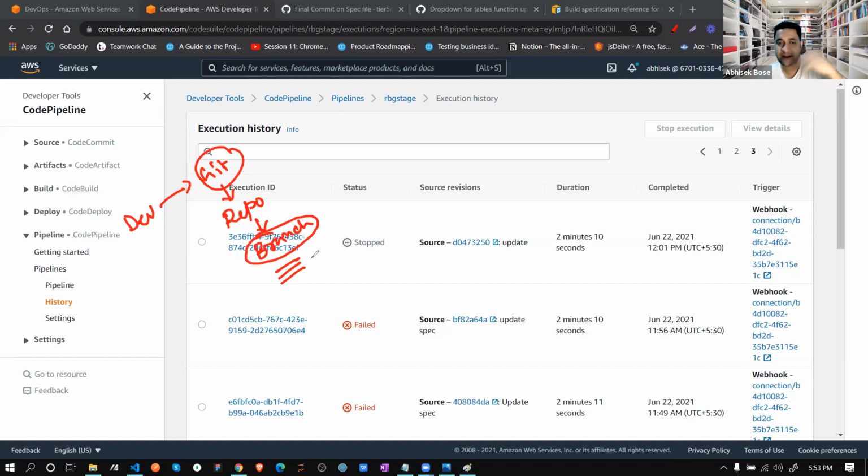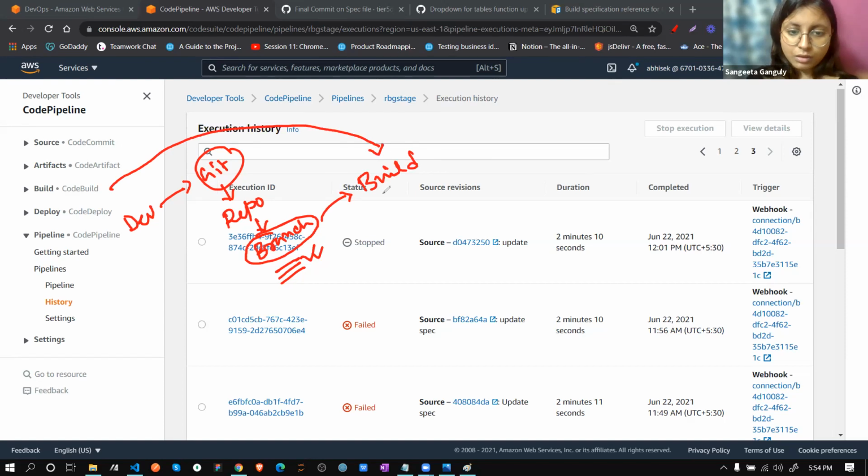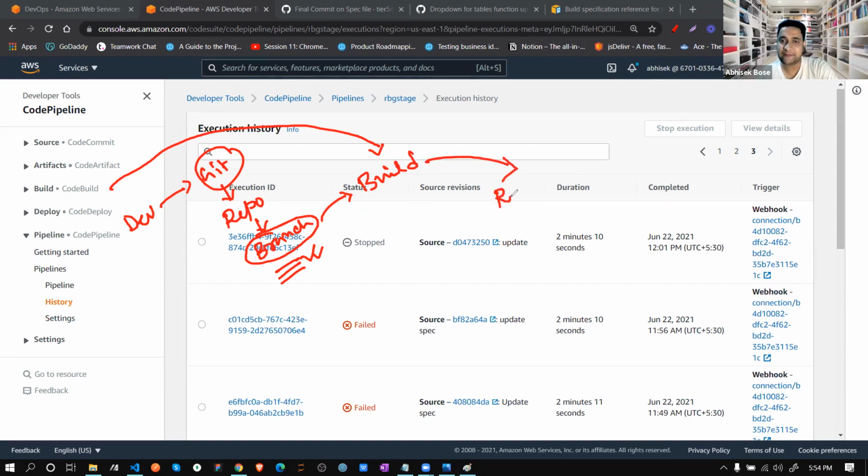Now, if in that branch anything changed, any line changed or updated, that's why you created that connection with your GitHub, correct? It asks you what your source is, so you connected. Now AWS is continuously watching this branch to see whether anything has changed or not. If anything changed, it automatically starts this build step, this CodeBuild step. Absolutely. Now what happens in runtime? Every time they will create a server and they will install all the dependencies.